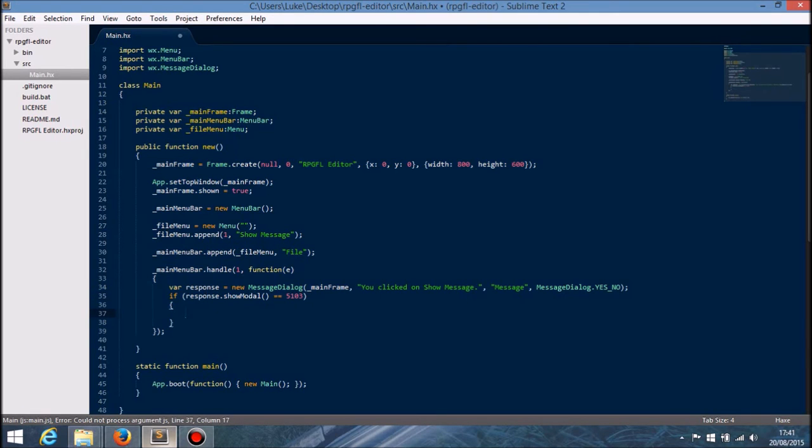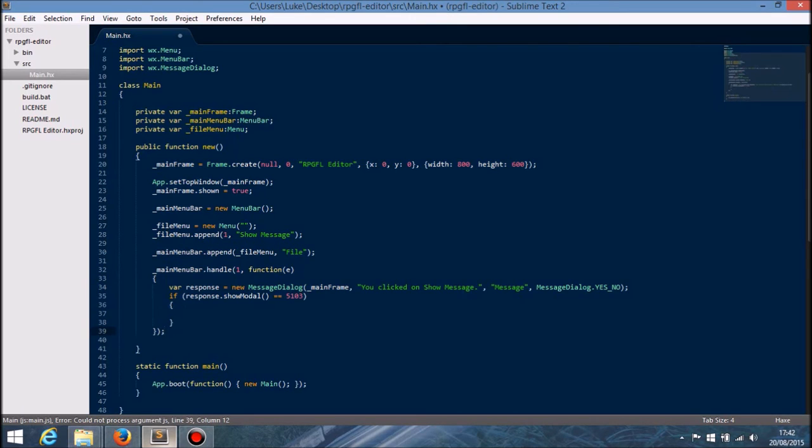So until the response dialog closes, it's not going to return a value until we close it, either by clicking on the X in the corner or by clicking on one of the response methods, which is either yes or no in this case. So the equivalent of yes is going to be 5103, but once we've executed that, it's not going to then show us another dialog if we wanted to, because that's not how it works, unfortunately, because it blocks